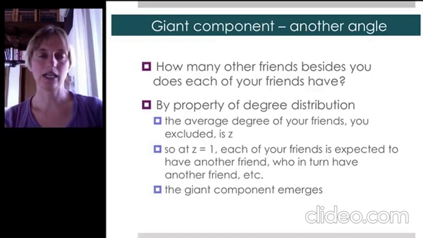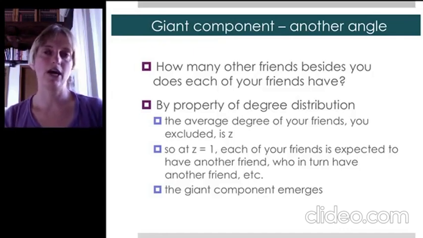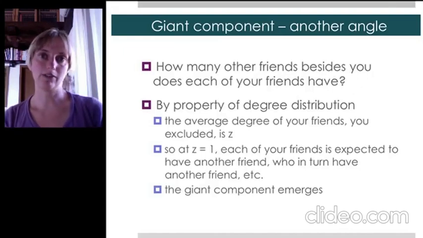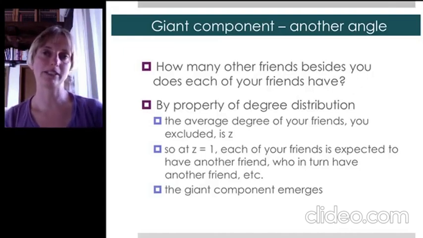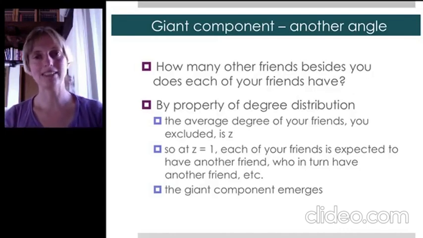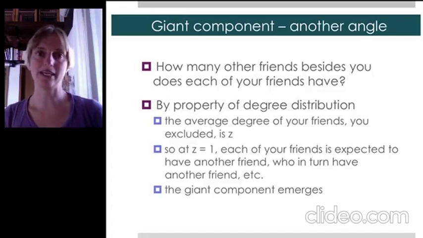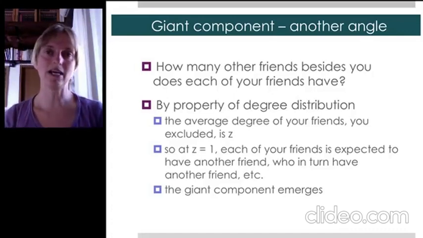And there's a nice property of the degree distribution because it has an exponential tail, and an exponential distribution will tell you that the average degree of a node that you're connected to, excluding yourself, so how many friends do they have besides you, is the average degree in the network. Now you might say, well, wait a second, how can they have the average number of friends plus me? That's like average number plus 1. Well,